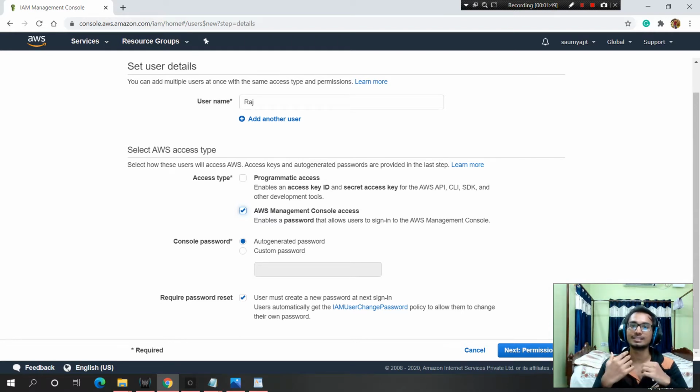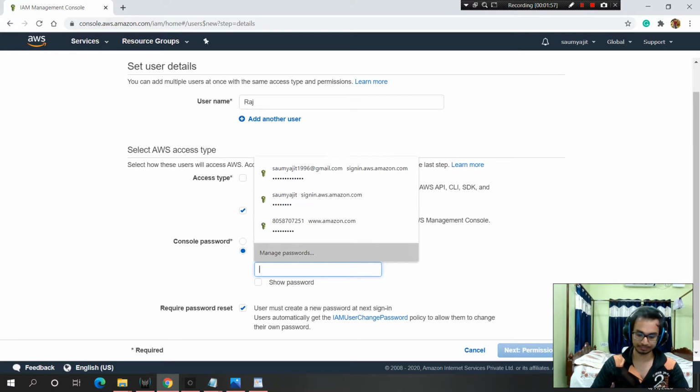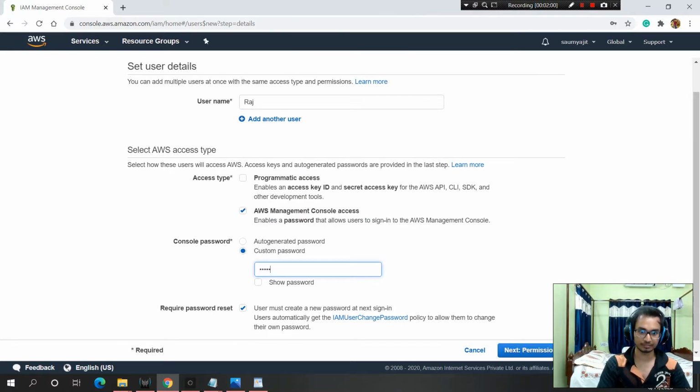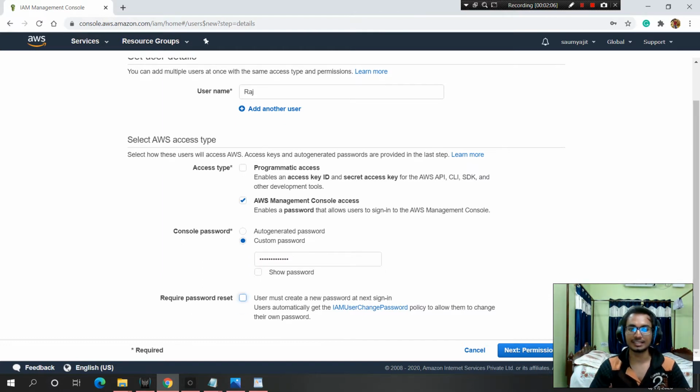But as we are creating our own for learning purposes, let's choose custom password and give our own password. So I'm unclicking that as I don't require a change. In my next login, I want to have the same password.